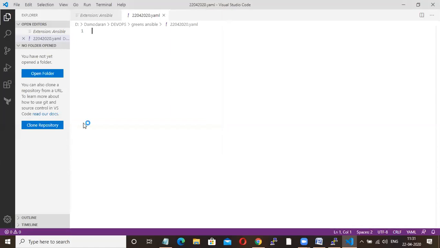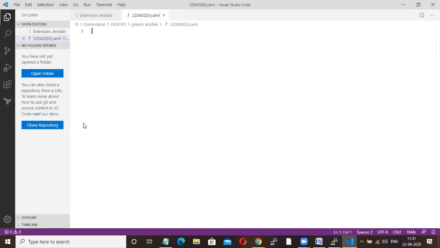Okay. So now I'm going to write one Ansible playbook. Here again, Ansible is like a jackfruit. This I will say to all of my students. Jackfruit, how it looks, by looking at the outer side, it looks very hard. But when you go deep into it, it is as sweet as it can be, right? Same here, Ansible, by looking at it, you might feel it is a little tough. Then when you practice it, you will tell me that Ansible is the easiest tool among all DevOps tools.